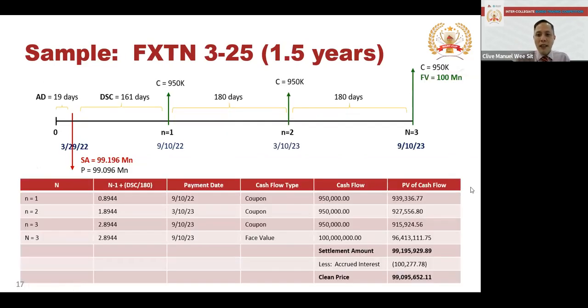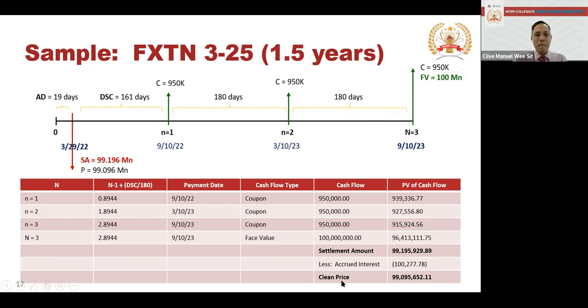Okay. So if you deduct the accrued interest, which is actually 100,277.78, and how did you get that? This is computed as PRT. Okay, PRT, it's 100 million face amount times the coupon rate of 2.375 times 0.8 times accrued days. The accrued days is 19 days, times 19 days over 360. So you deduct the amount of interest that has accrued over 19 days from your settlement amount to give you